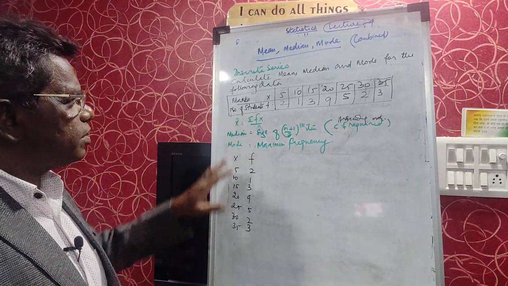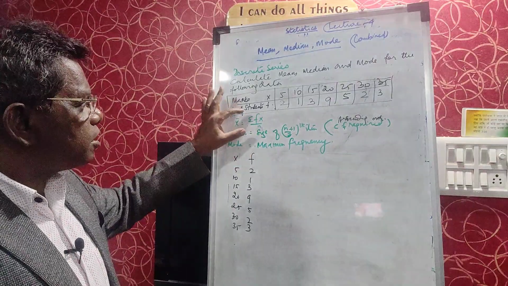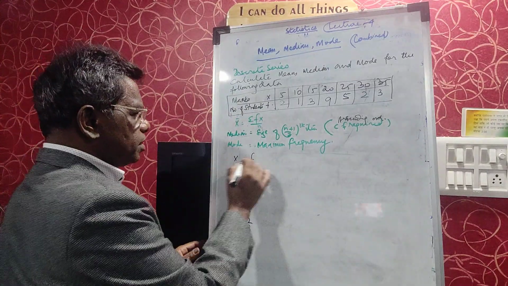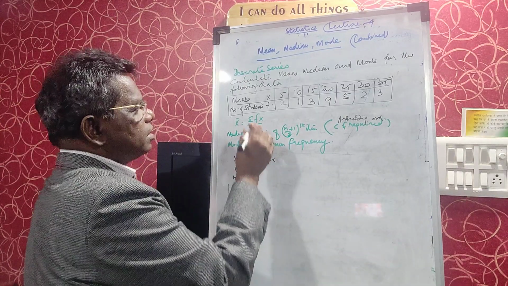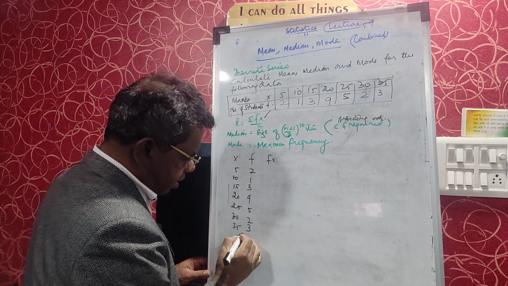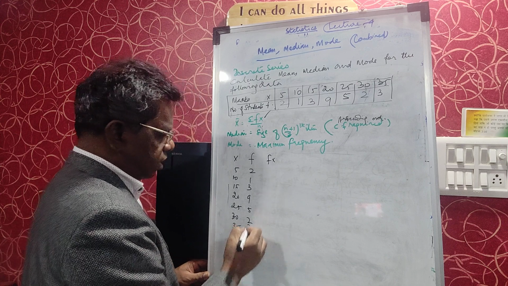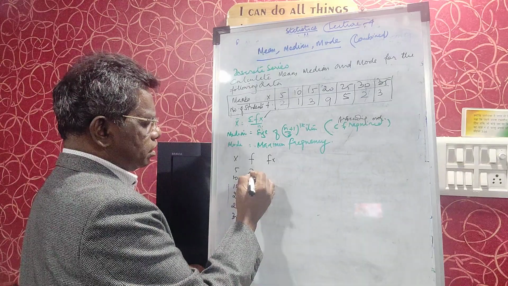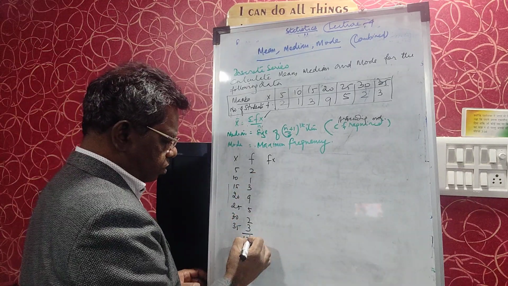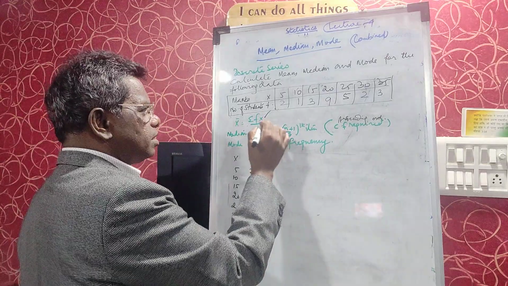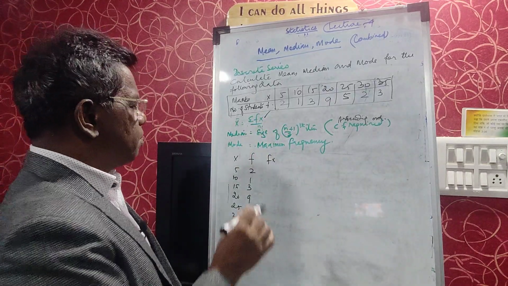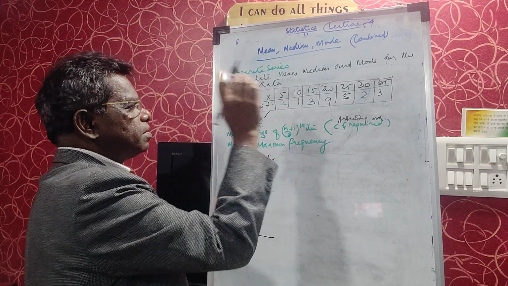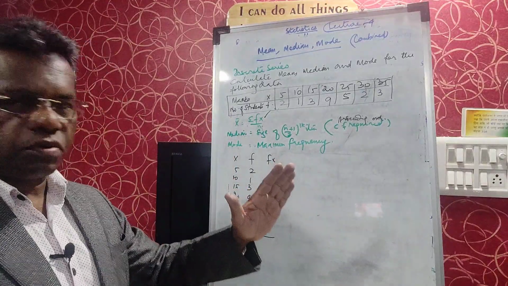So what the formula says, first of all let us make the column for this. For arithmetic mean you need a column called fx. So f is there, so the fx column is required. Then n is required. n is there already, you can find it here. So n is 2 plus 1, 3, 6, 15, 20, 22, 25. Yes, n is 25. So n is done. That means arithmetic mean is solved by using fx: the total you will get is sigma fx, and n is there, so you can find the arithmetic mean. We will write this value later.